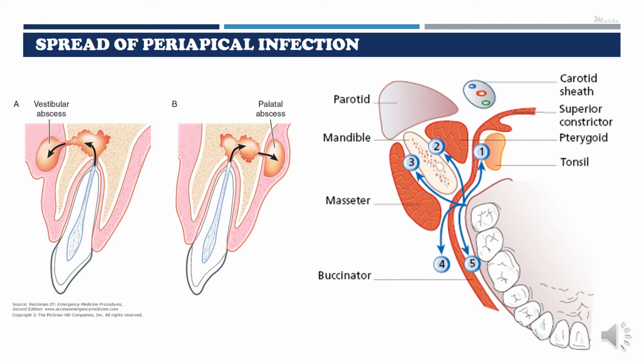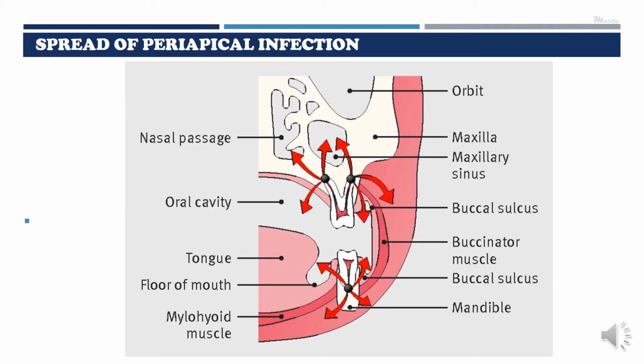Various spaces are there around the parotid, around the body of the mandible, in between the masseter and buccinator muscles, and the infection has potential to spread out of the bone into these various spaces and result in what we call space infections. Please remember this terminology, space infection. These are important topics to know and have also been discussed as part of your problem based learning part 2. So the abscess may migrate to various tissue spaces and result in space infection.